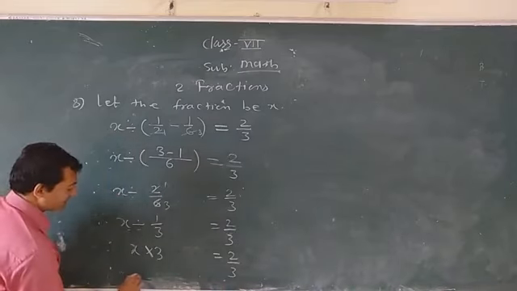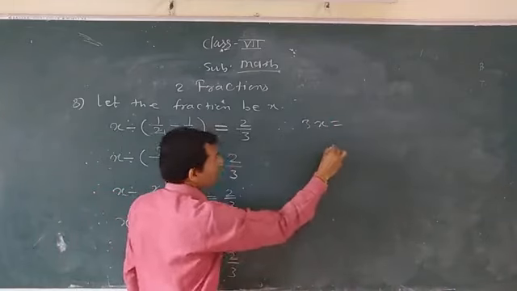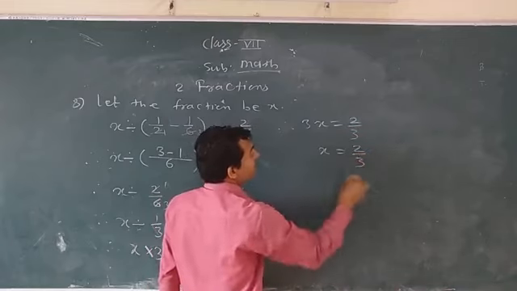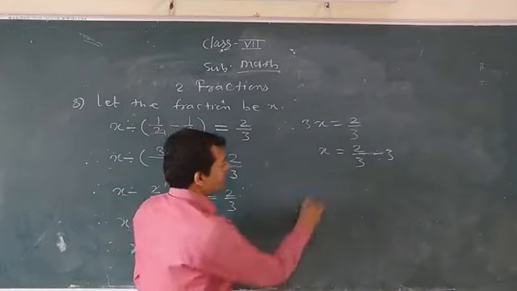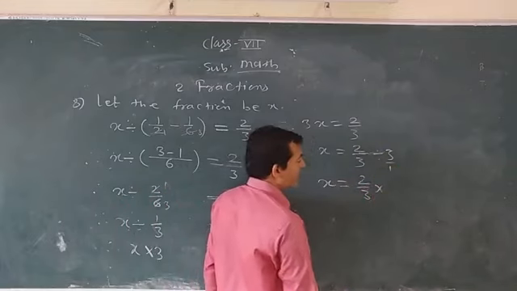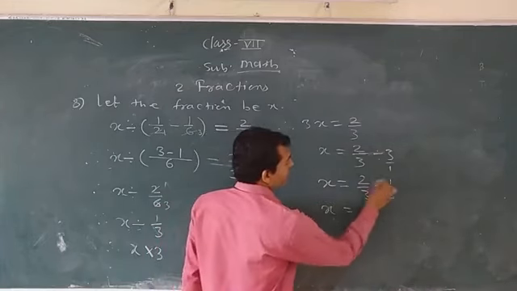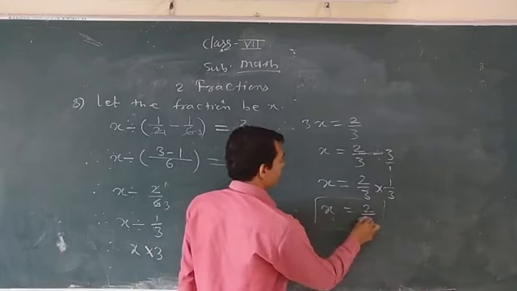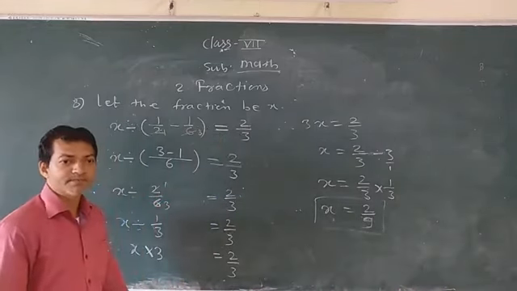This is 3x. This is x into 3, means what? 3x is equal to 2 by 3. So x will be equal to, you know very well, 2 by 3 divided by this 3. Divided by means like this. You can write divided by this 3. In this way you can write. So x is equal to 2 by 3 divided by 3 by 1. So if you write in the form of multiplication sign, you have to write the reciprocal of this, means 1 by 3. Okay, so x will be equal to 2 over 3 threes are 9. Okay, so in this we get the answer 2 by 9. 2 by 9 is the answer. Okay, understood? So write down this.